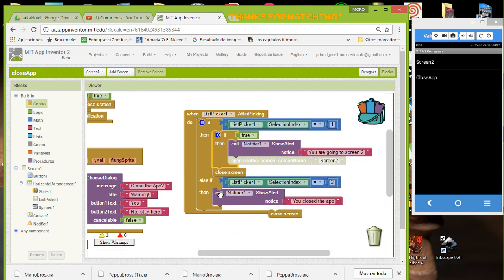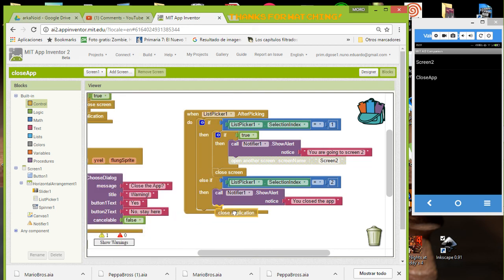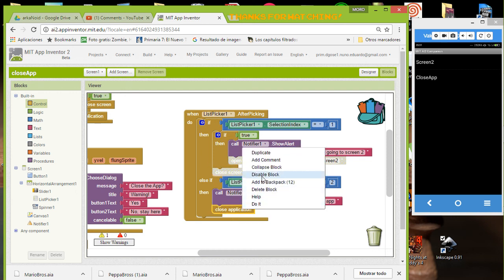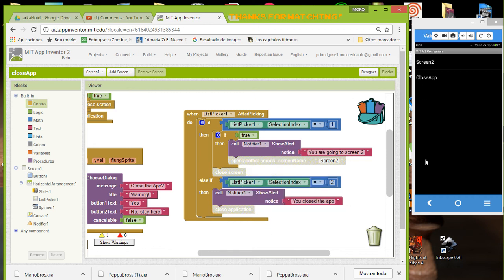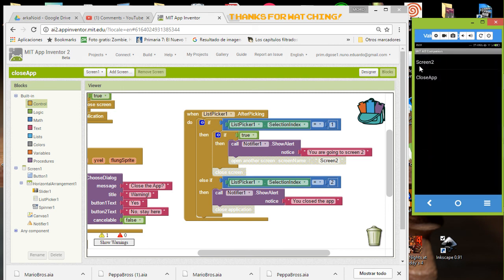Now in this case you are going to close the app. If you close the app, you just select the block for close the app. Okay, obviously we are not going to see this, so we're going to disable it, but you have to enable them when you use them. So disable the block. Now let's check this thing. We go here and you say, I'm going to select my menu screen, I'm going to screen number 2. Okay,